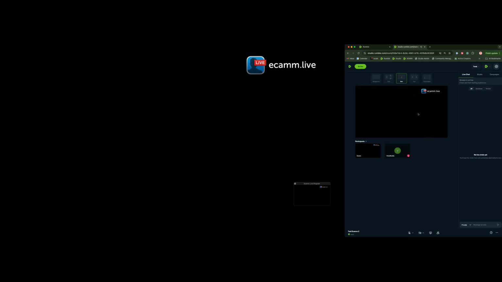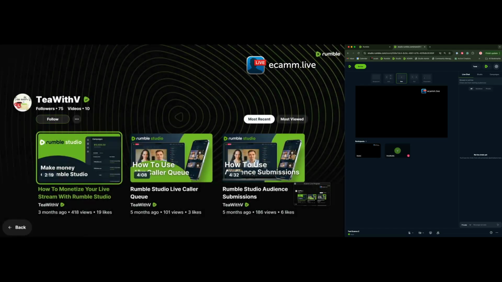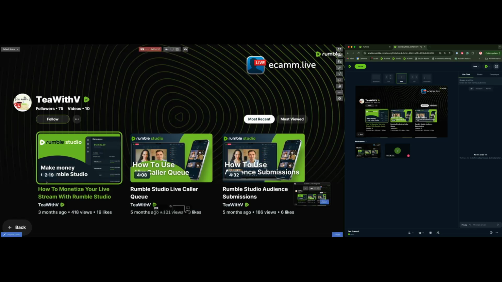And so now you can see here what's going on my Ecamm screen. I'm going to switch it so we can see something else here and see it populate into Rumble Studio. So you'll see here now that I've made a change in Ecamm. You can now see it in Rumble Studio. So whenever we're ready, all we have to do is go live from Rumble Studio, and then we'll be broadcasting out